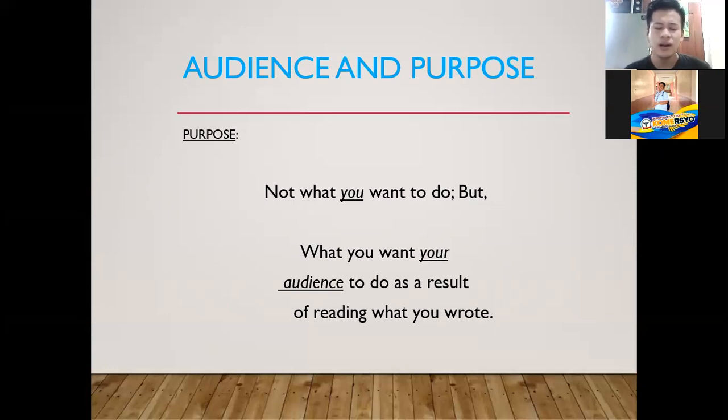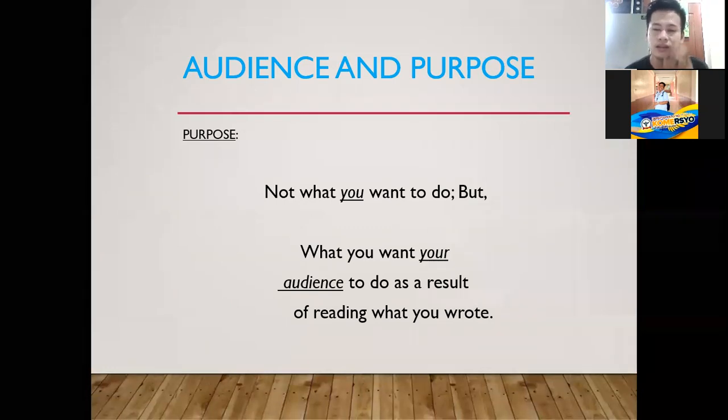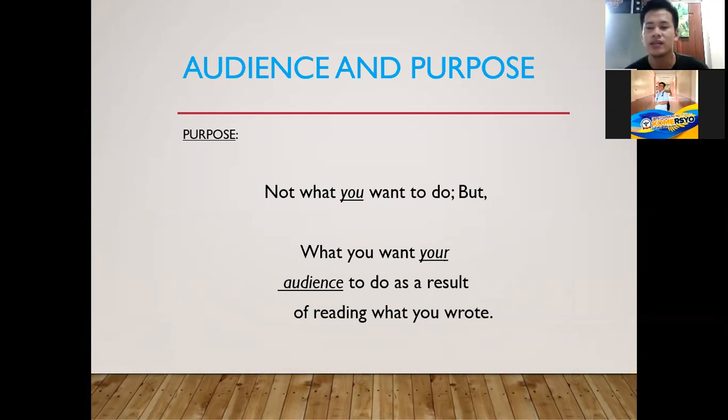So we are effective if nahatag jud natong information, no? For example, nadaot iyang cellphone, so gihatagan nato og manual, no? So by that, by giving manual, effective atong manual if naayo to niya iyang cellphone nga siya lang, no? Or gina-ana without physical nga help, no? By just using words, no, through writing sa instruction.